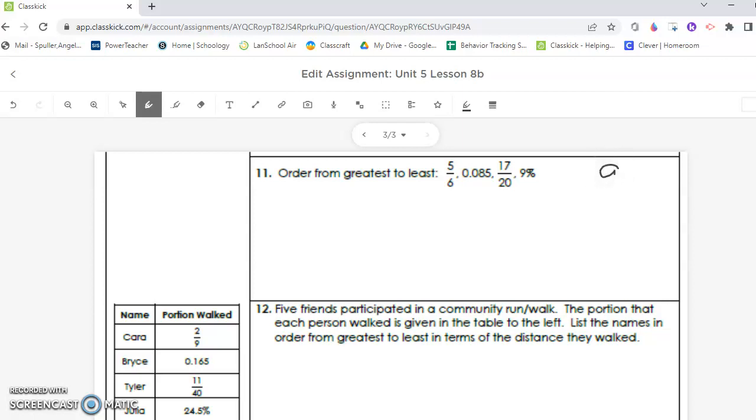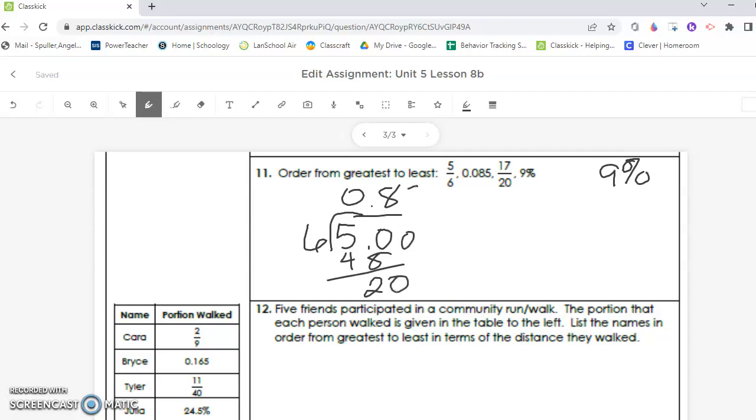All right, so we have 9%. 5 divided by 6 goes in there. 8 times 6 is 48, gives me 2. Bring down another 0, be 3. Okay, so we can say about 83%. We don't have to go any further because we just need to know it's about that. Then we got 1, 2, right? So that would be